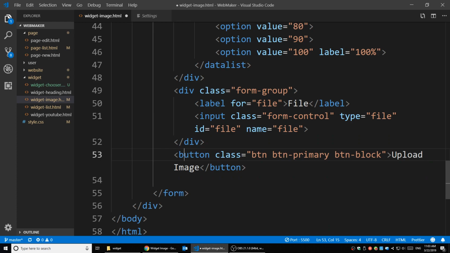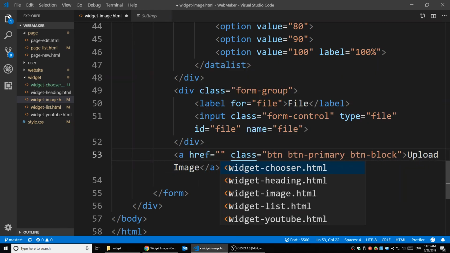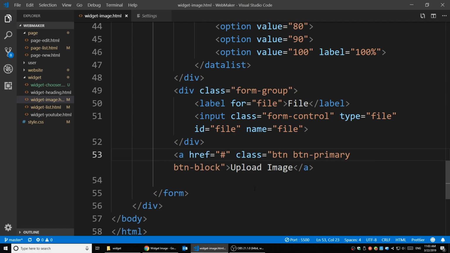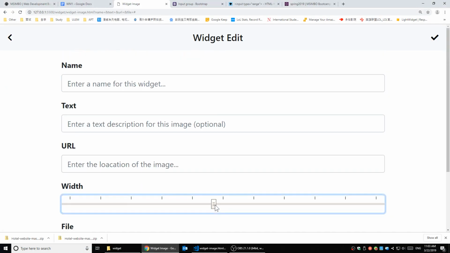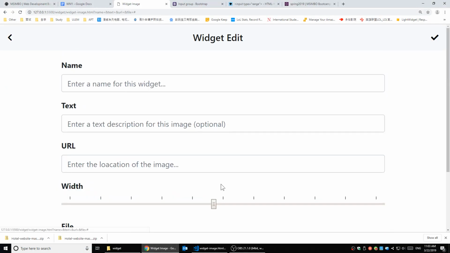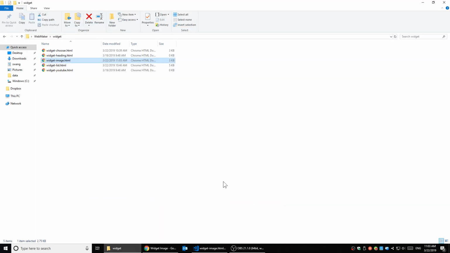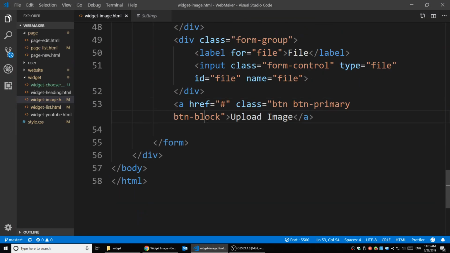Or you can just make a link. You can use a link here. It's the same thing. Set the href equal to hash, so it's not going to go anywhere. Right, it also works. It won't do anything when you click it. You'll just jump a little bit. All right, so the next thing we're going to do is